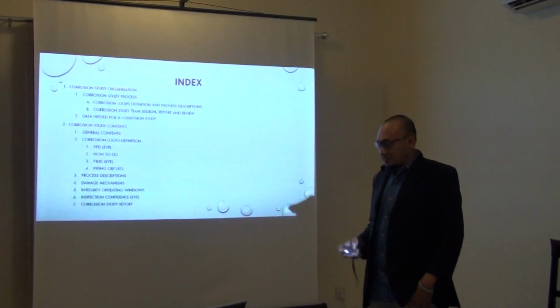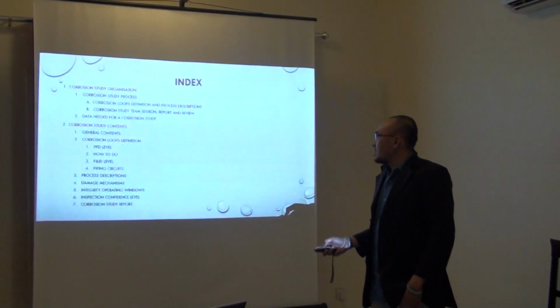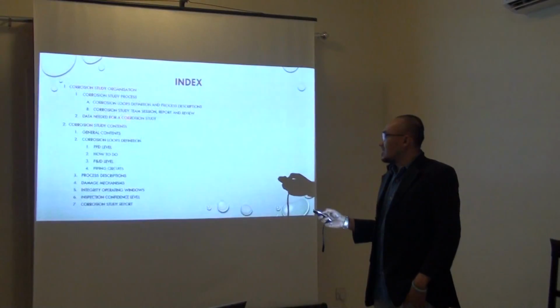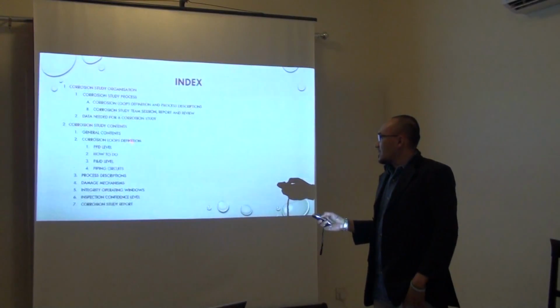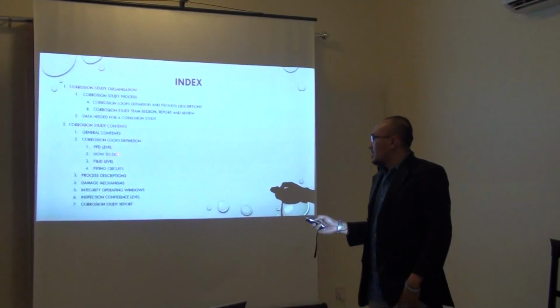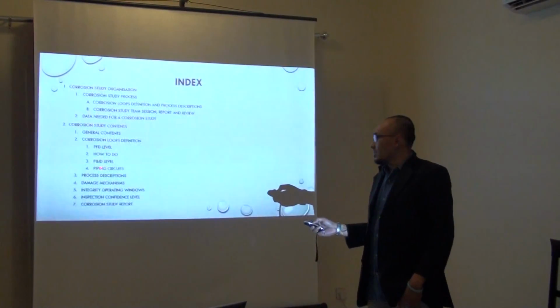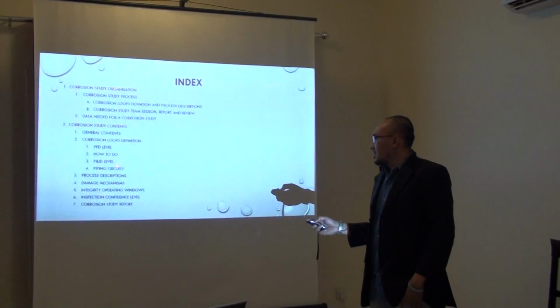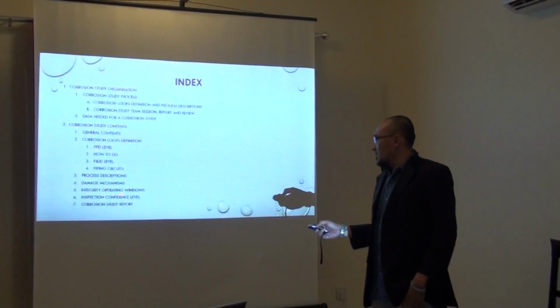In the corrosion study itself, the first step is defining the loop and defining the study team. The second is the definition of the corrosion loop itself, how to define the corrosion loop from the PNID, from the piping, from the process description, and from the damage mechanism, integrity operating window, and inspection confidence level.